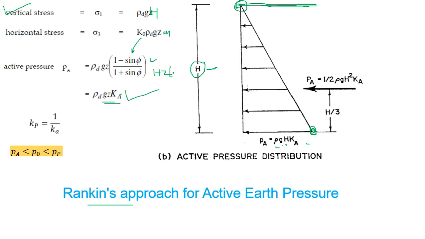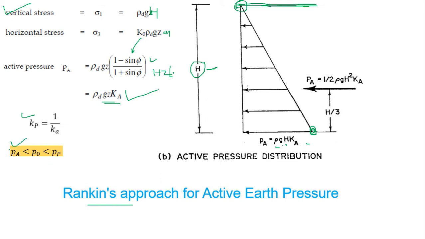So what is the basic relation between the active coefficient of earth pressure and the passive coefficient of earth pressure? They are inversely proportional to each other, meaning they are reverse of each other. The value of Kp is nothing but 1 upon K. So separately we need not find the value of K and Kp. Once we get the value of K, we will get the value of Kp, or once we have the value of Kp, we can calculate the value of Ka. So do remember that.